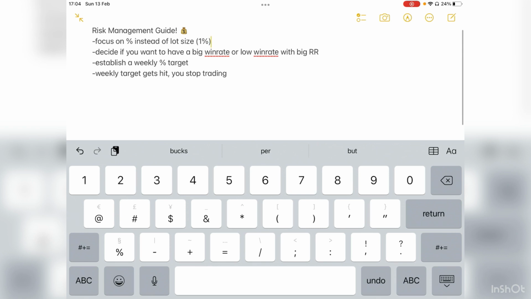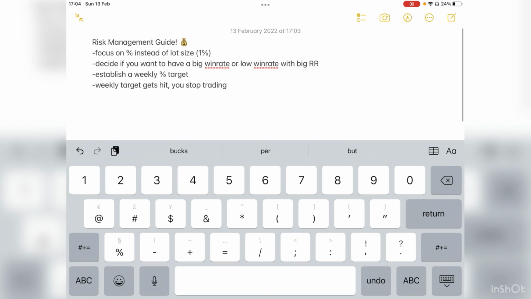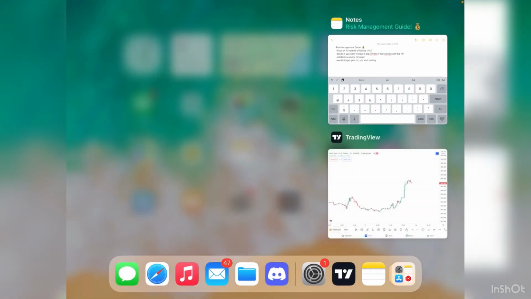Okay, if there's a prop firm account like FTMO or My Forex Funds, instead of 1%, I recommend risking only 0.5%. Okay, so moving on, the second rule, decide if you want to have a big win rate or a low win rate with big risk to reward ratio. Okay, so what does that mean? So a big win rate,